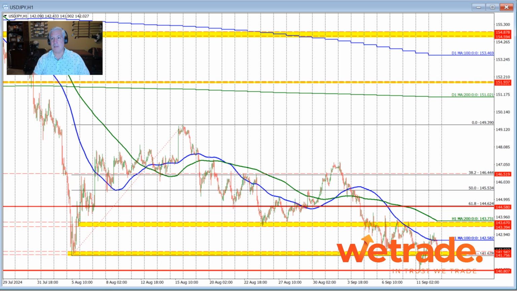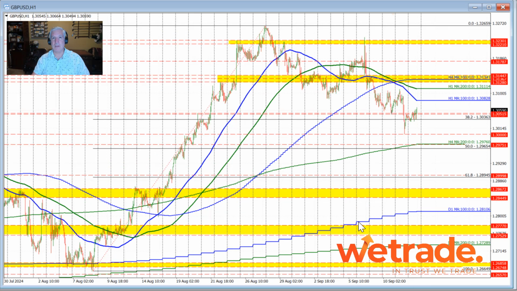Finally, let's take a look at the sterling versus U.S. dollar. Again, we'll look at the hourly chart. What we saw in trading yesterday was a move below the 38.2% retracement of this move to the upside, the August low to the August high. Getting below that level gave the sellers the go-ahead to push to the downside, but we could only get to the 130 level,